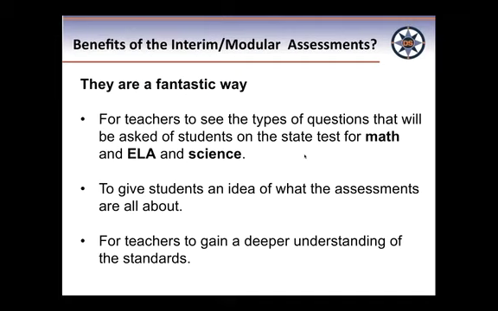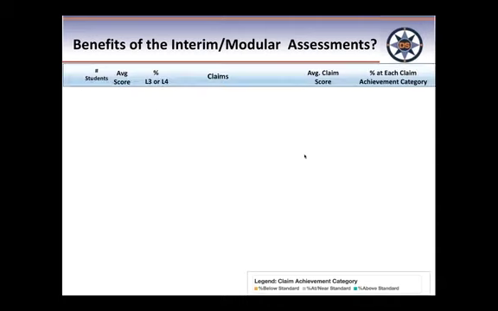Or rounding, that's another one. The way a lot of us teach rounding, you move over to the number to the left and then you go up or down based on the number. And when you look at the questions for rounding, you'll see that that kind of lesson isn't going to help kids. So it really helps us understand what the standards are. And this is one of the huge benefits right here.